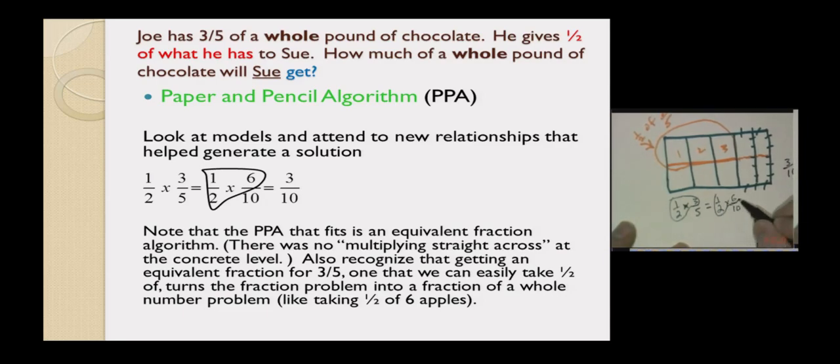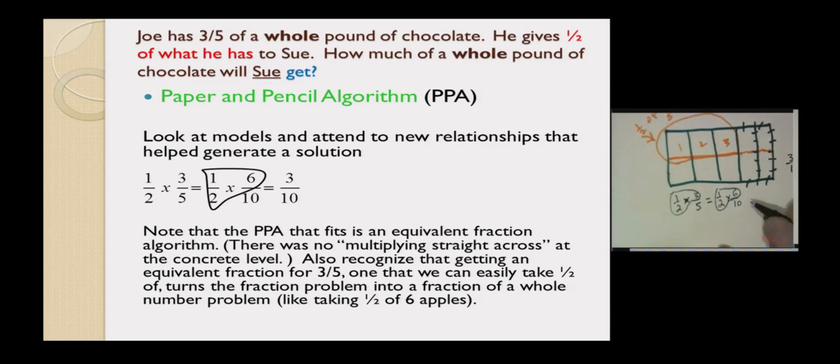And now if I try to take half of 6/10, we've written an equivalent fraction for 3/5 so that it actually is possible to take half of that 3/5. But now it's 6/10. I know what half of 6 is. These tenths are objects just like apples. A half of 6 apples is 3 apples. Half of 6/10 is 3/10. So we know the answer is 3/10 here because of where the operating is happening. This 10 down here is kind of just a placeholder. It's the name of the object. They happen to be called objects like tenths,